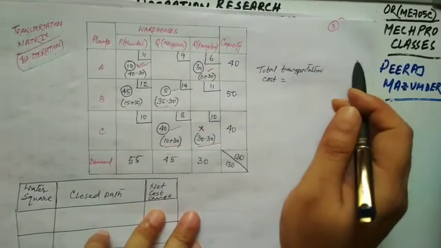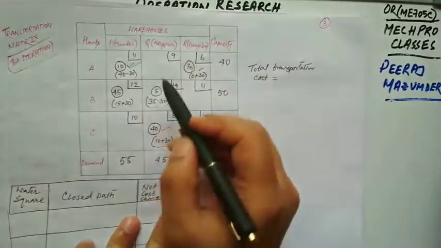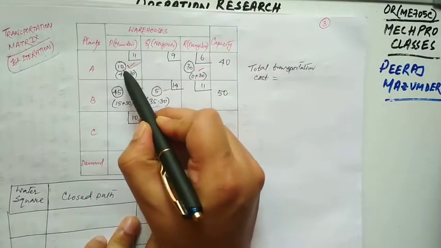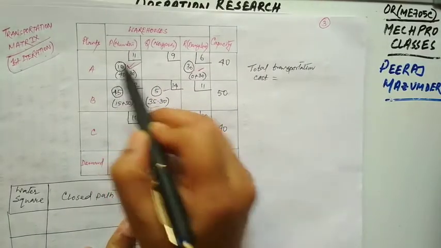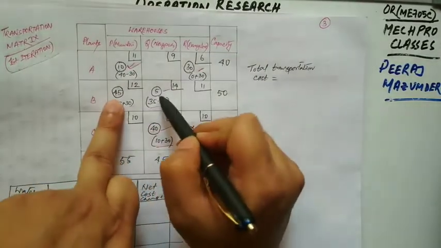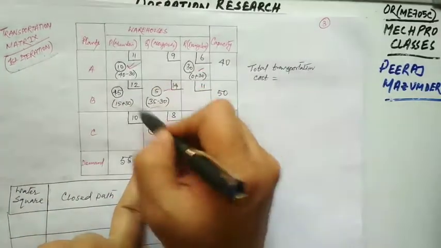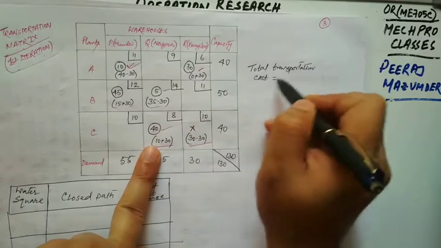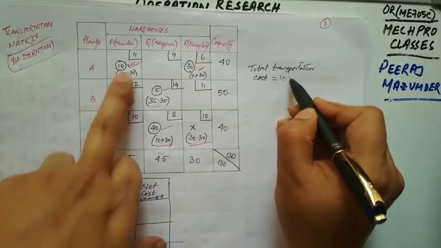Now how to calculate? Simple method, the same method we have used earlier to calculate the transportation cost. That is, the new allocations you have to multiply with the unit costs. The new allocations are 10 over here, likewise 30, then 45, then 5, then 40, and 0 over here, so no allocation. For the allocated cells we only have to calculate the total transportation cost. Let us calculate. The first one gives you 10 into 11